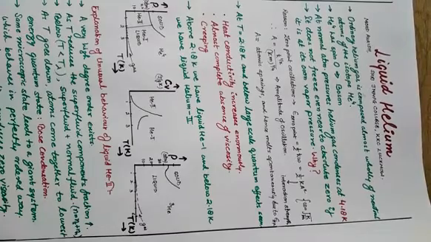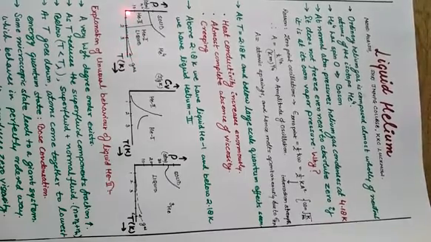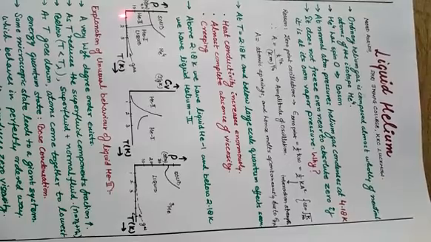So now, what are the properties helium-4, or helium-2, shows? Let me first tell you why, when you reduce the temperature down and down, this liquid helium does not freeze into a solid at low pressures. The reason lies in the zero point oscillations. When you reduce the temperature down and down, the helium atoms still have ground state energy, or the zero point energy, corresponding to which they have zero point oscillations.